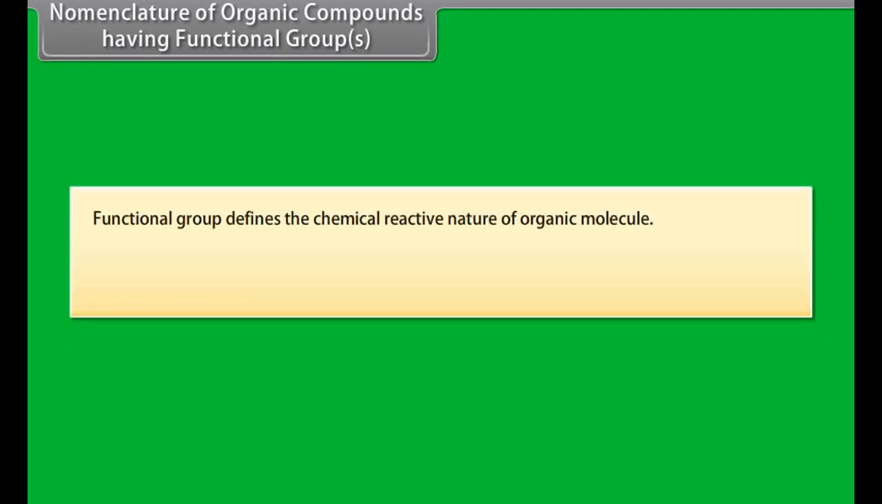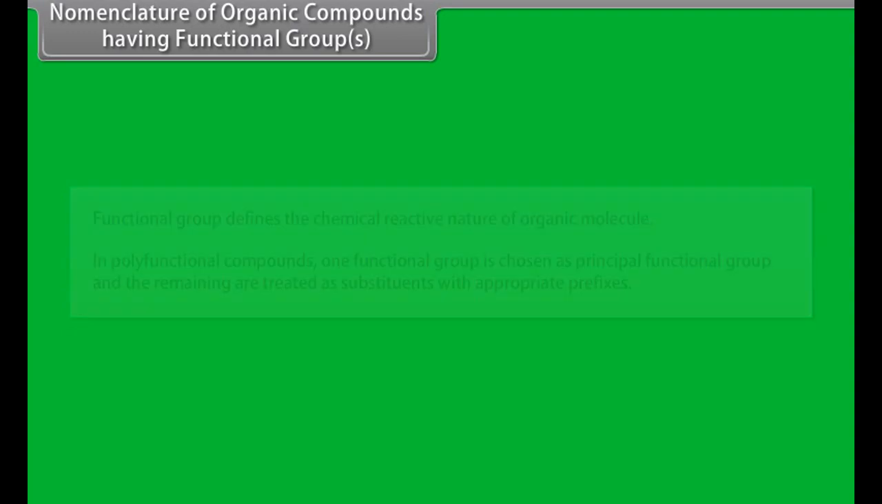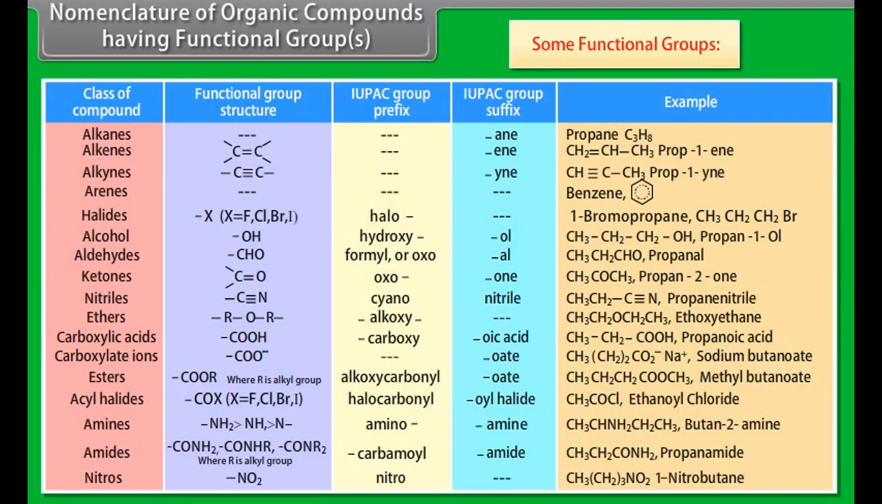Nomenclature of organic compounds having functional group. Functional group defines the chemical reactive nature of organic molecule. In polyfunctional compounds, one functional group is chosen as principal functional group and the remaining are treated as substituents with appropriate prefixes. Some functional groups are given below in the table. Decreasing order of priority for some functional groups is